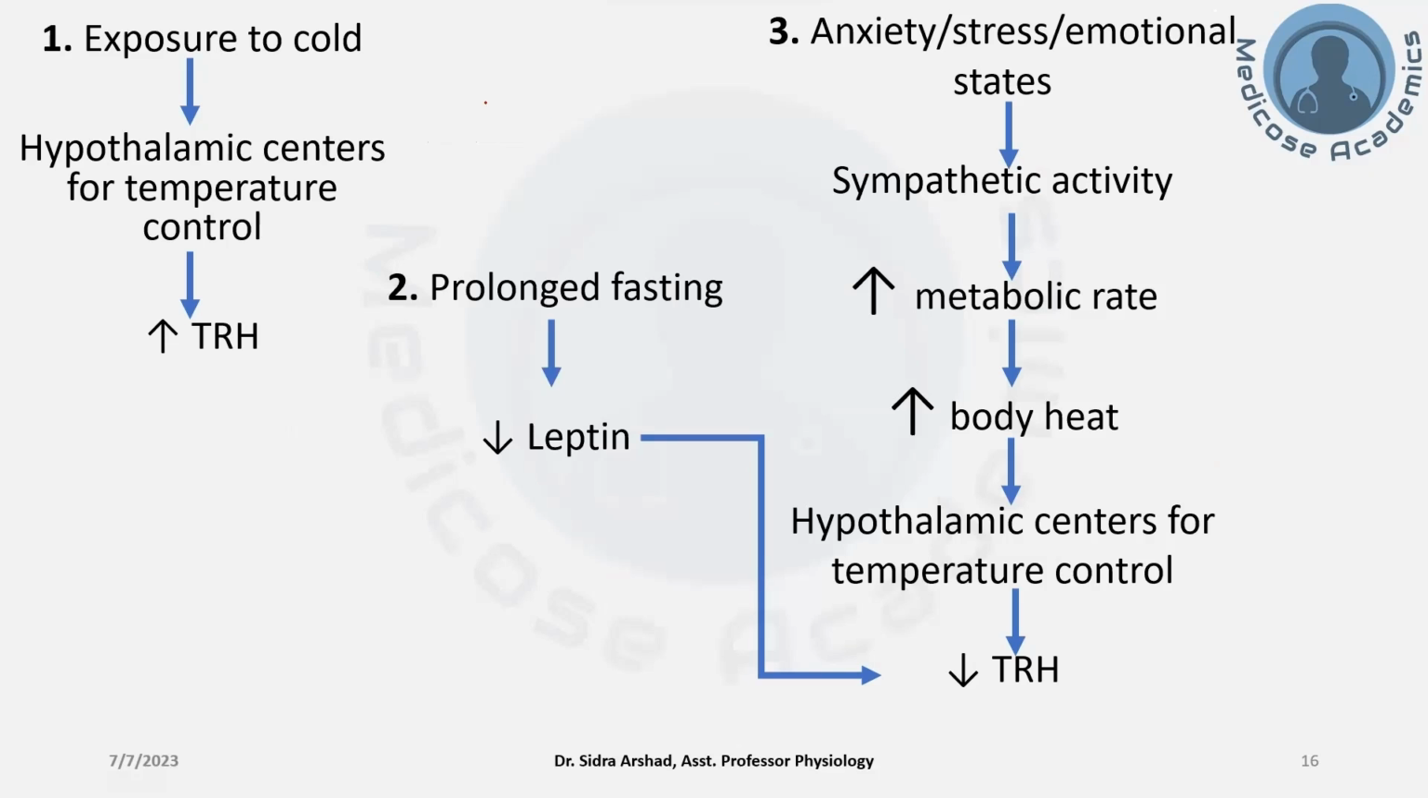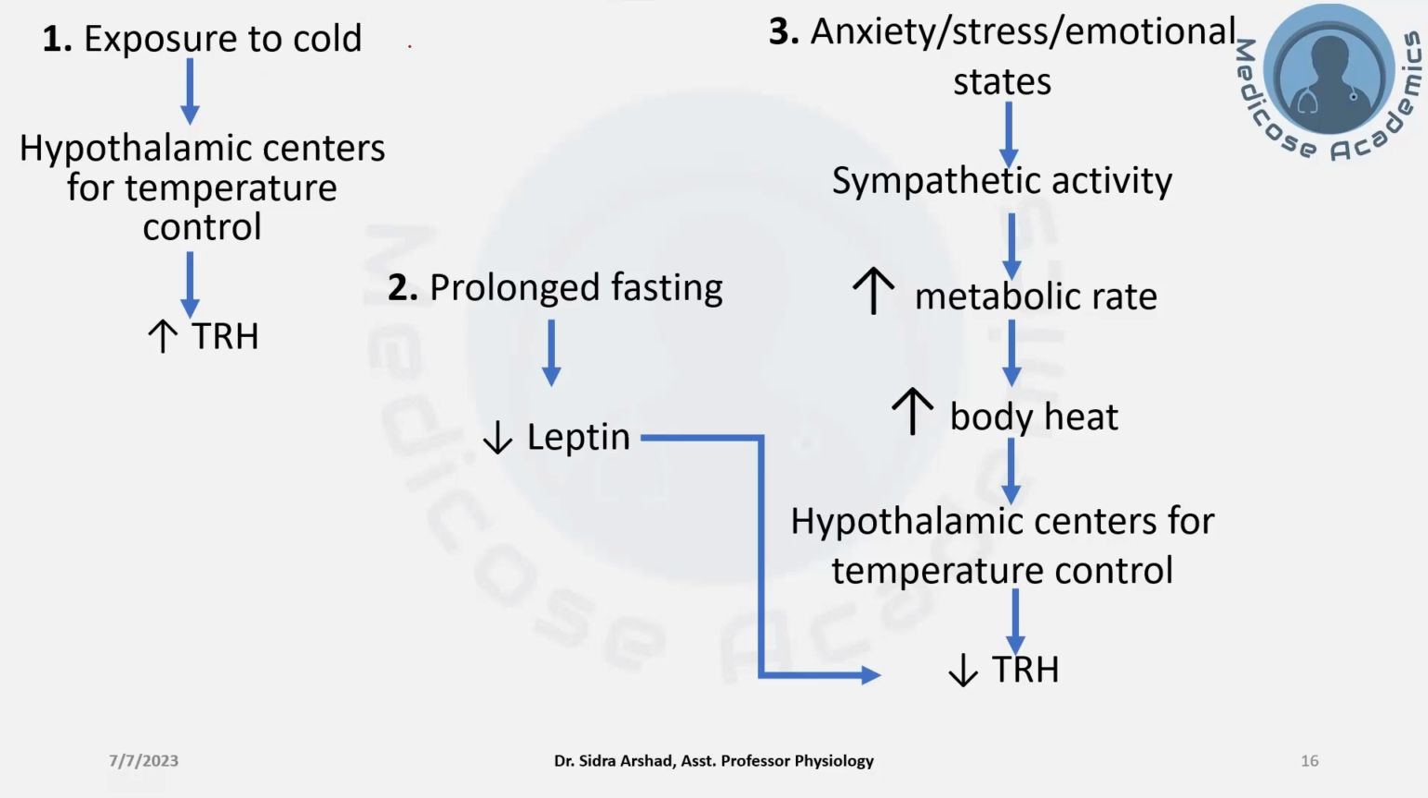So there are certain stimuli which can affect the release of TRH. We are going to see what those are. Exposure to cold causes the hypothalamic centers for temperature control to become activated. These centers then increase the release of TRH, which stimulates the release of TSH, and TSH increases the secretion of T3 and T4 hormones, which brings about an increase in metabolism, production of heat, and thermogenesis to counter the